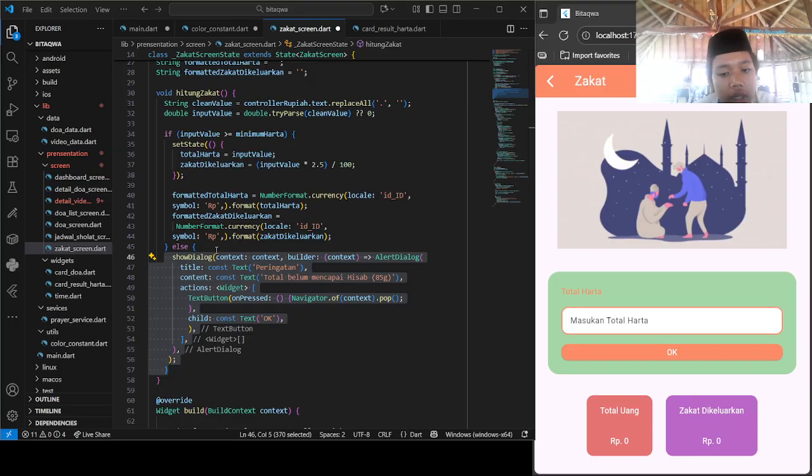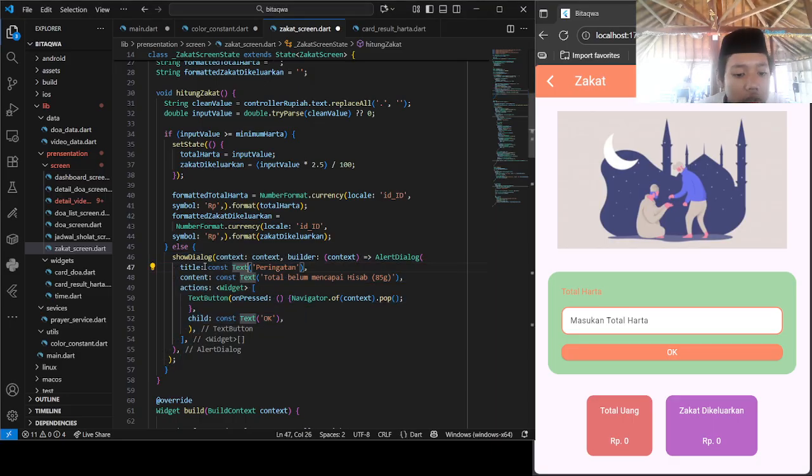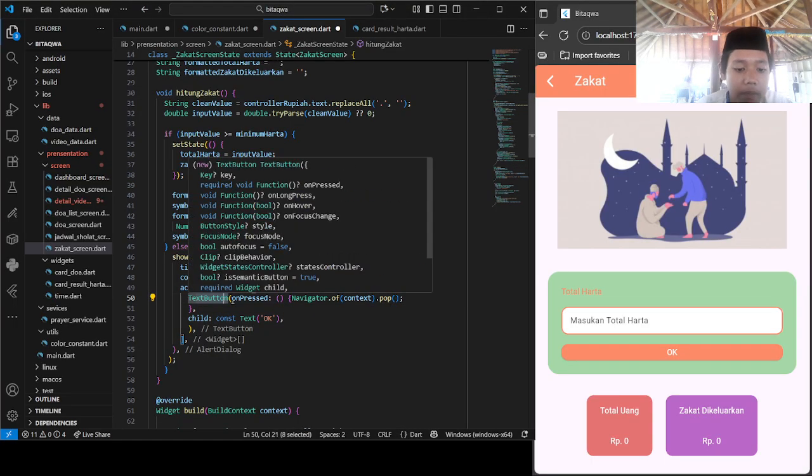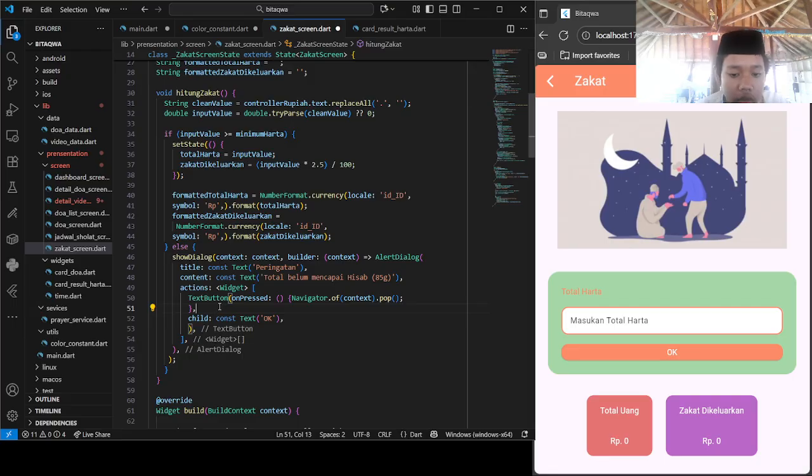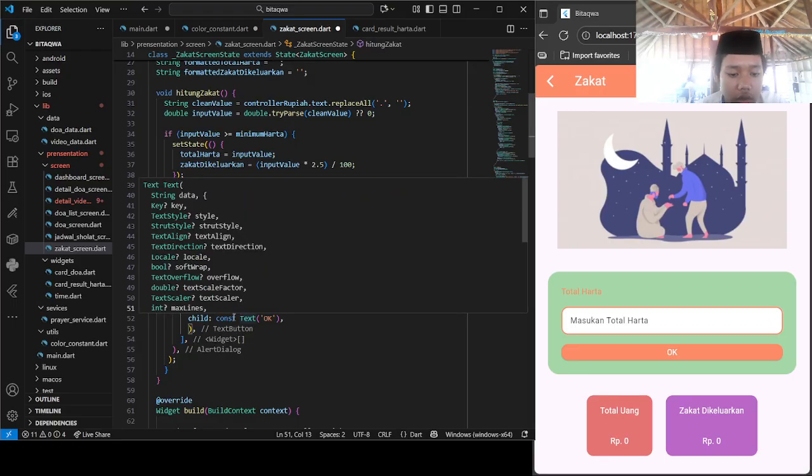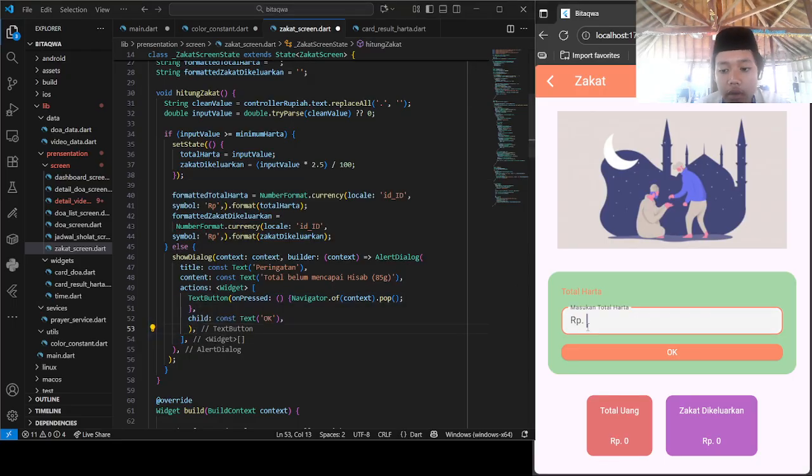In here we can see title const text peringatan. This is the header, peringatan, and the main text is total belum mencapai nisab 85 gram. Okay, and then when pressed, it will disappear.